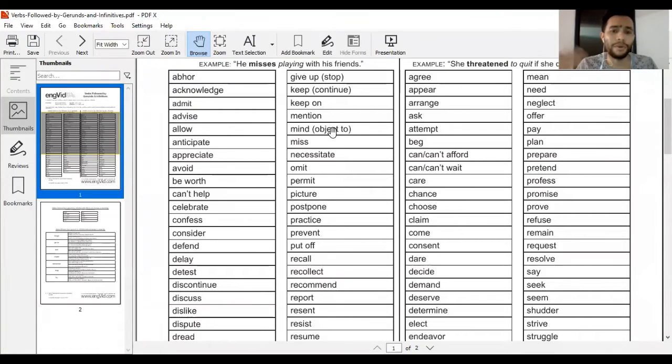If you say something with mind, like, a mí no me importa hablar en público, I don't mind speaking in public, right? But when you say something like, no me importa que tú digas algo, I don't mind you to say something, in this case, you have to use the object with to, right? It's also possible. Even though mind can be used with the ing form when it means object to,